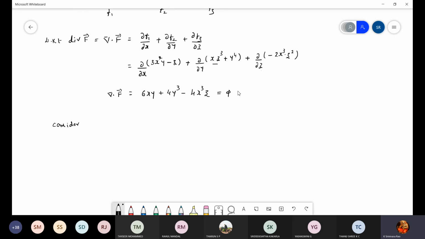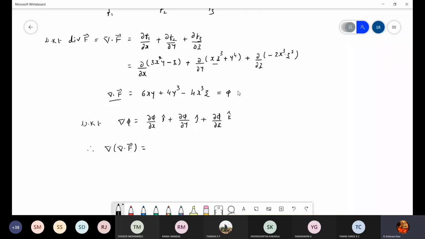We know that grad phi equals dou phi by dou x i cap plus dou phi by dou y j cap plus dou phi by dou z k cap. This is the gradient formula. Grad phi, where phi is nothing but del dot f, so del of del dot f equals